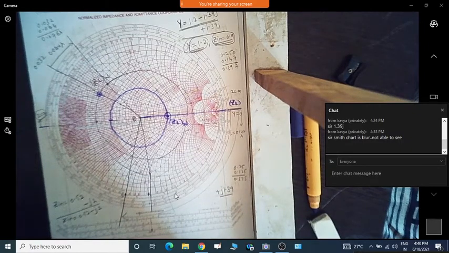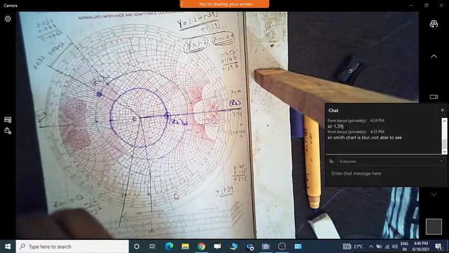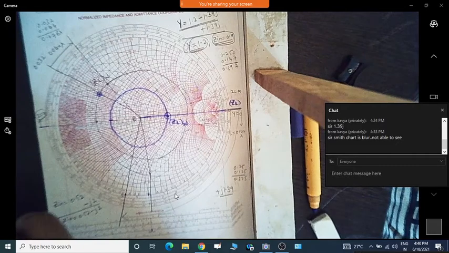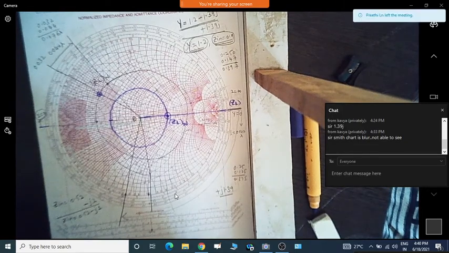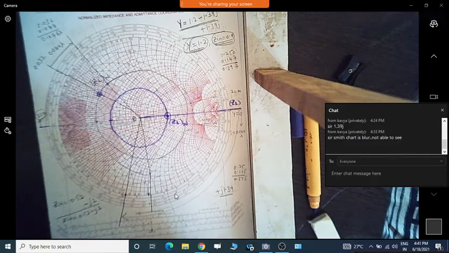Or else, is it possible I'll just upload videos where I explain the procedure in the Smith chart with a clearly visible camera? I'll do it separately and shall I upload it on YouTube? So is it okay? Yes, sir, that is fine. Okay, so then I'll do that. Whatever applications you may find difficult, I'll do it and send it to you. Okay.